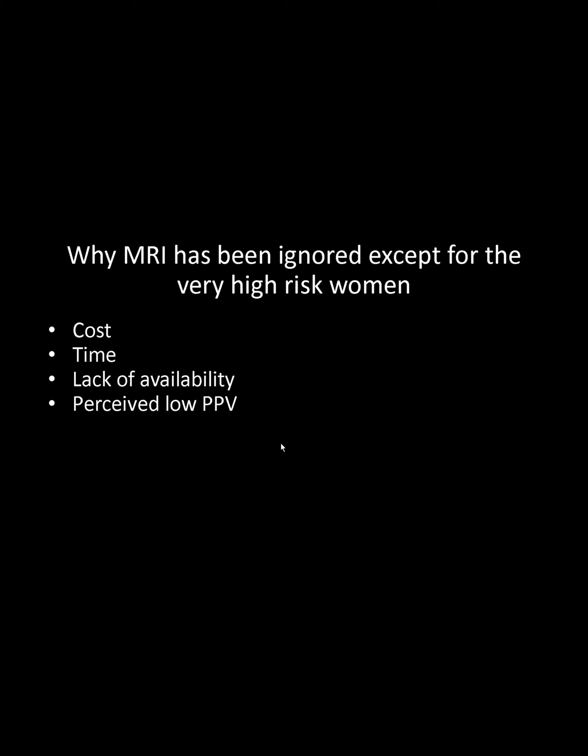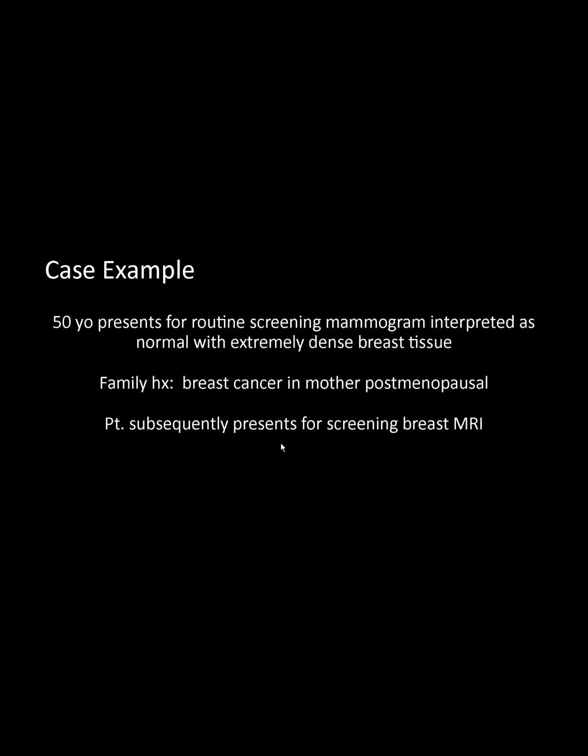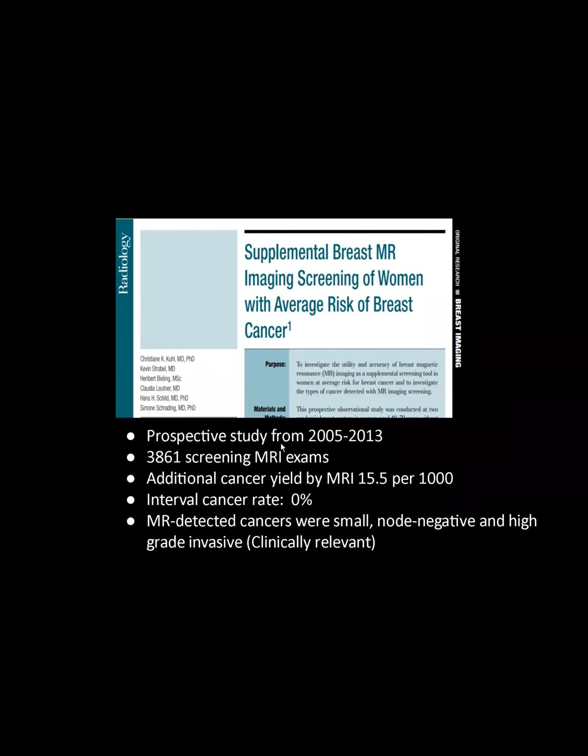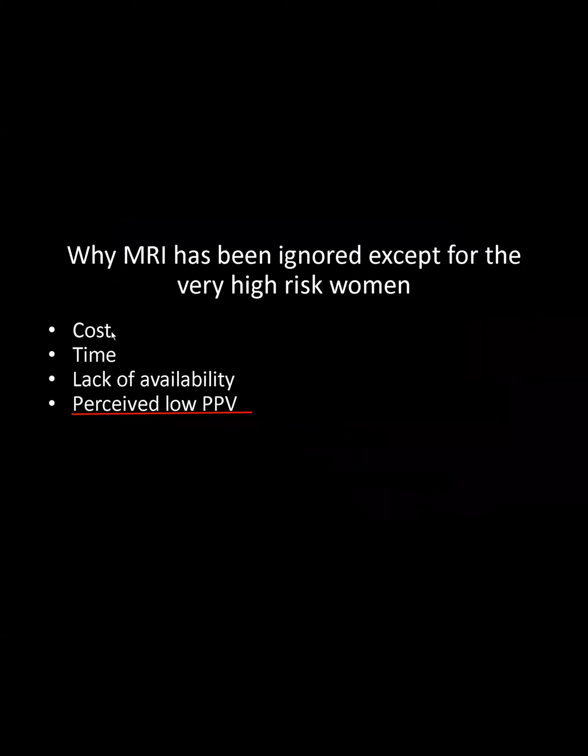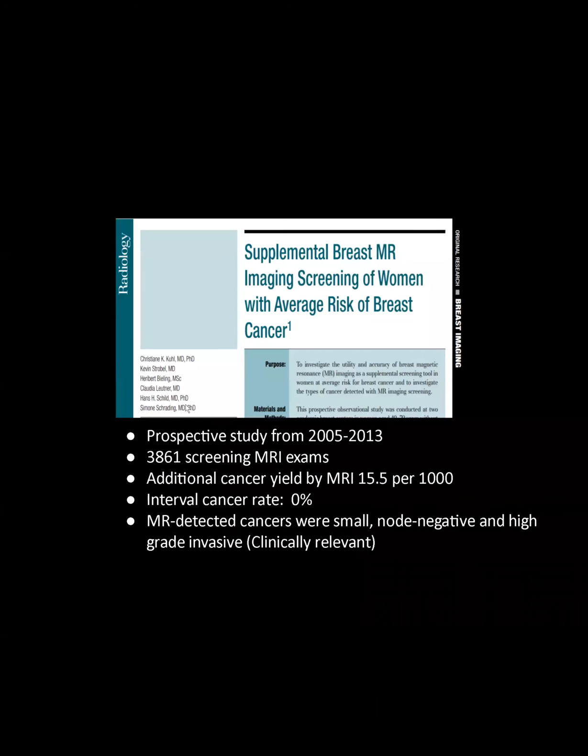And there really isn't enough availability; there really aren't enough breast MRI scanners in the country, the world, to scan every woman. And it had a perceived lower positive predictive value, but in literature that proves to actually be equal to mammography and acceptable. So what we can do is do a fast MRI, if we can make the MRI less in cost, less in time, therefore more available. And the literature that